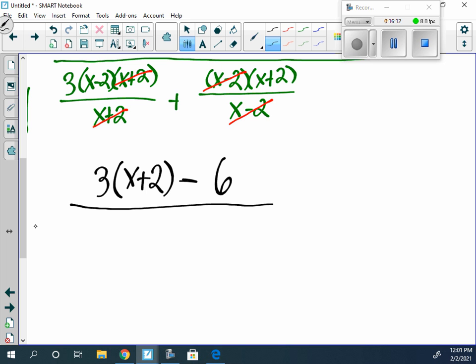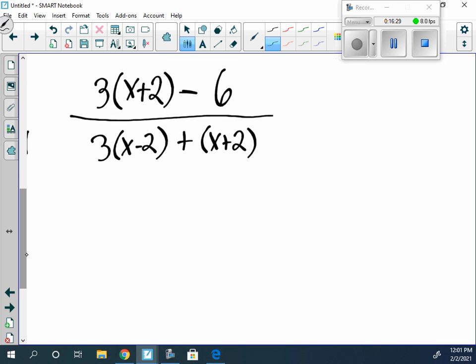Now, if we look at the denominator, we have 3 times x minus 2 plus. So once we finish simplifying, this is what we have here. Now, we do need to simplify these fractions on top and bottom, so here we'll need to distribute the 3. 3 times x will be,